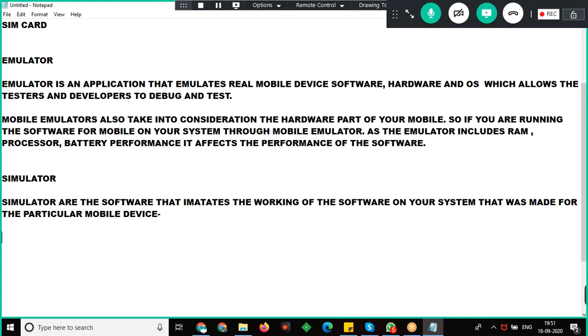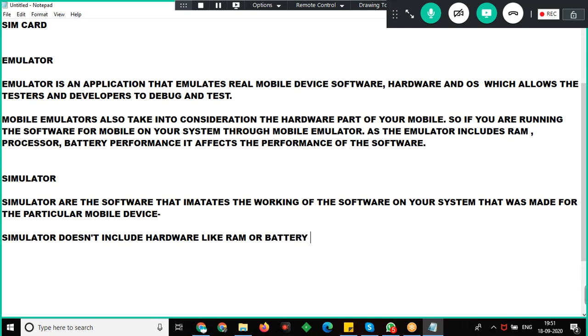So this simulator doesn't include hardware like RAM or battery.